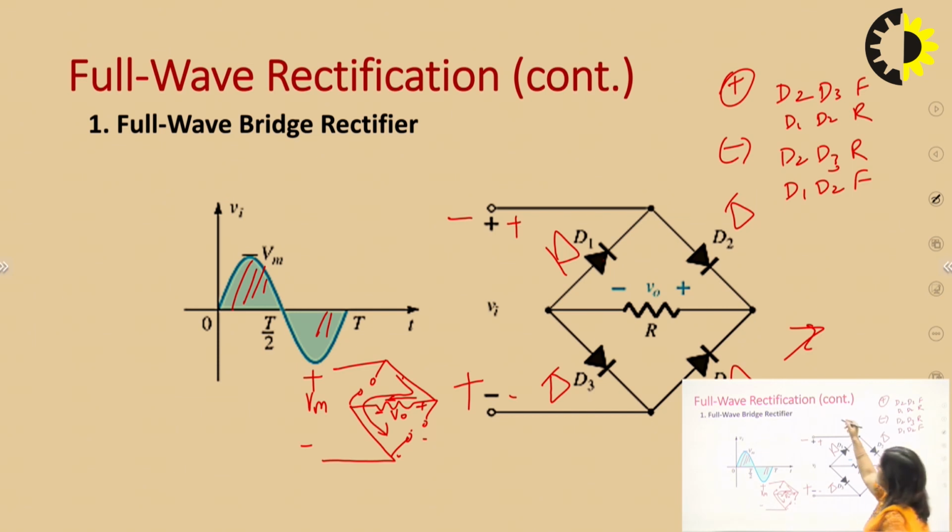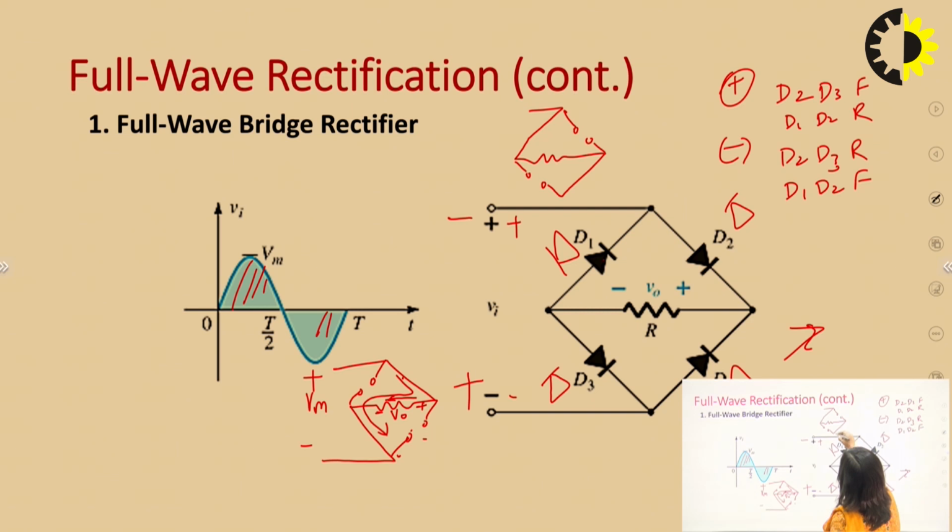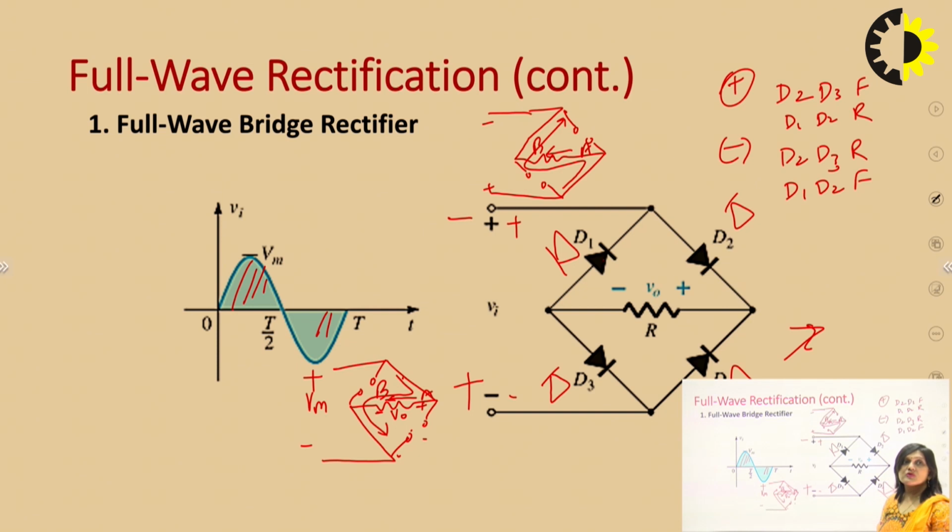We can see here that these diodes will be open, and these are open. This is short, like in this way, and this is plus, this is minus. So current will flow in this way. Now the direction of current is again here. We can see in both cases the direction of current is from A to B side. So in both cycles, the current is flowing from A to B side.